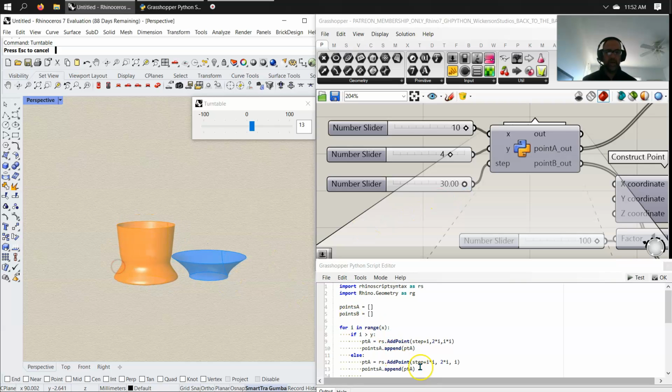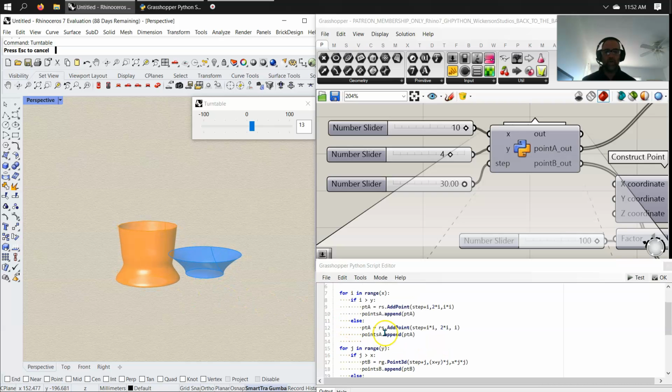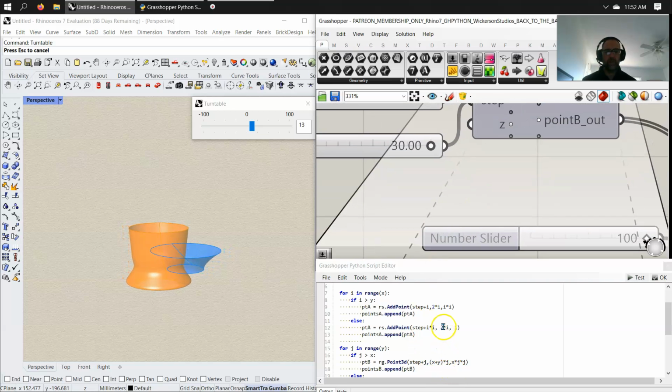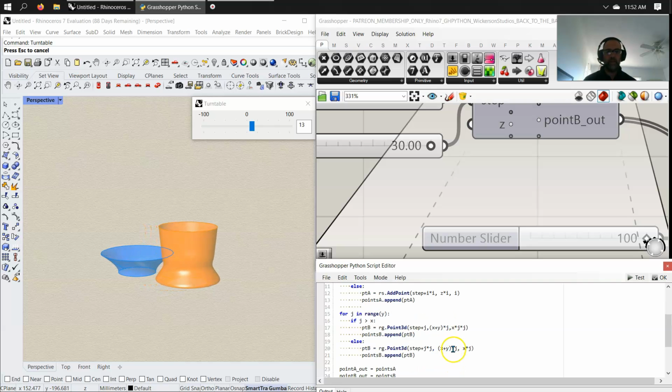I've gone in here and done a little multiplication. Obviously, the 2 here, I can change slightly. I can hard code. I can put in more variables if I wanted to. So Z, I can put in here as, let's say we put in Z. And the main point of this is to get you thinking. Let